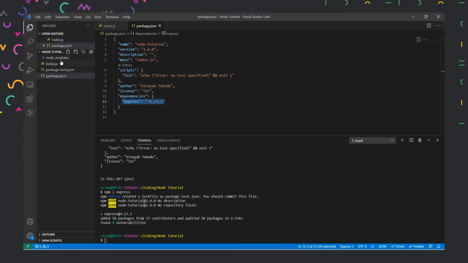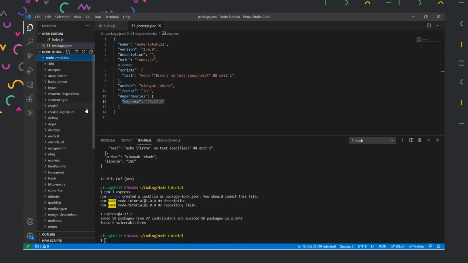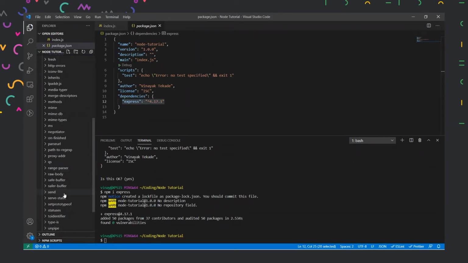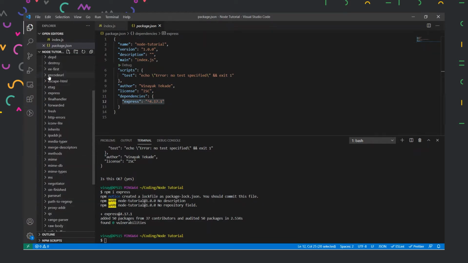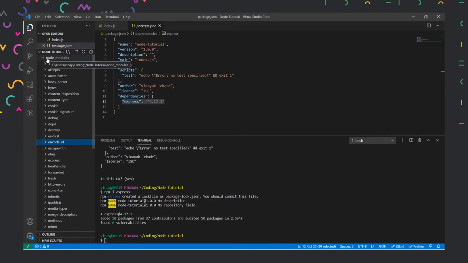We have another thing created over here that is called node modules. So these node modules will contain all the files that are required when they are installed. Like in our Windows, when we install any application, we have it stored in our program files. Right? So in these program files, there are all the installed applications. Similarly, for npm, we have node modules where all the installed files are there, and mostly it is not good to touch it. So if you are making changes over here, then probably you're doing it wrong. So it is always best to keep this code intact, but it is possible that you could access this code. So feel free to access the code, but do not edit it.